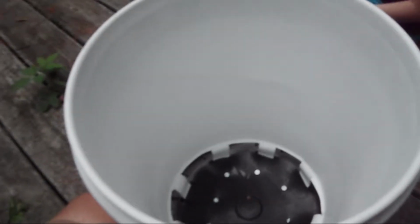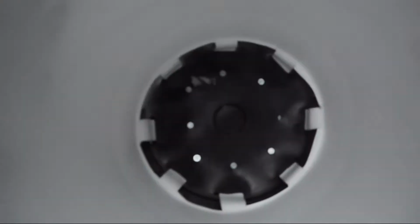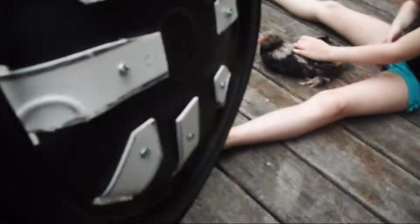Okay, so I put the last one on and there it is. Right there. It's not exactly the size, but we'll put the chicken feed in and see how that comes out. Those are all just hand tightened just to make sure it's going to hold, and all it's doing is holding it in. This side's a little bit higher, but